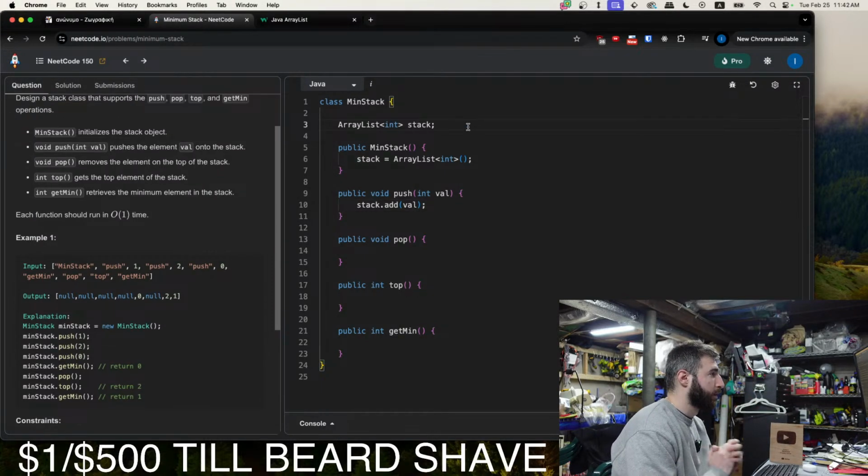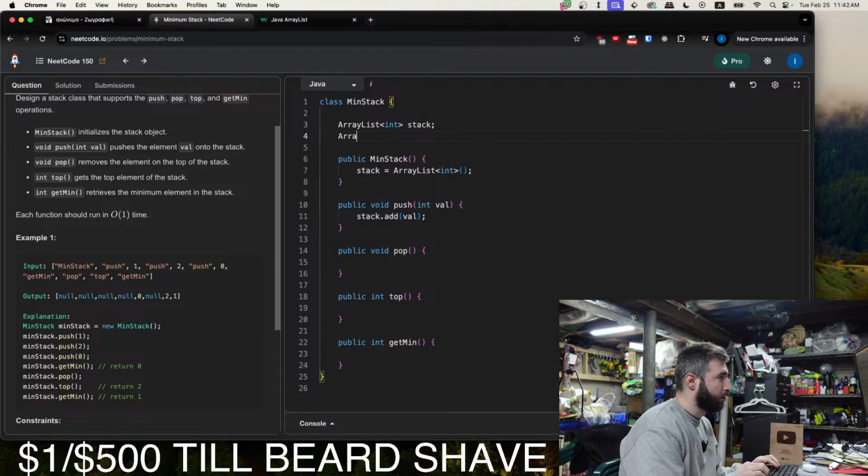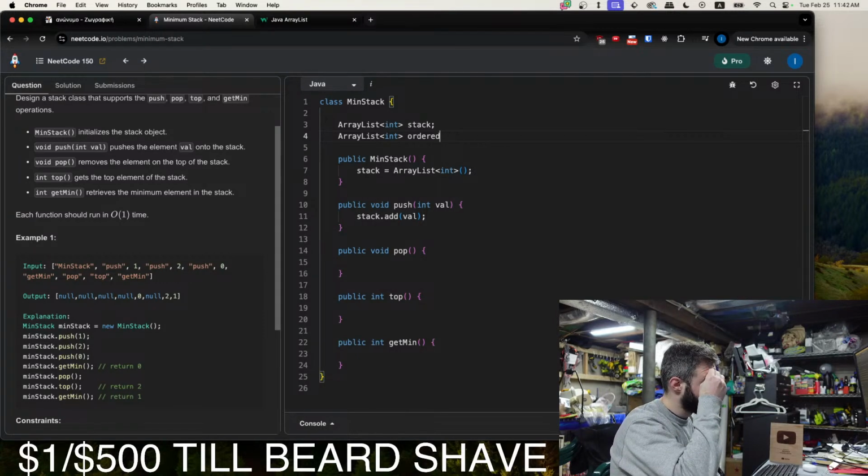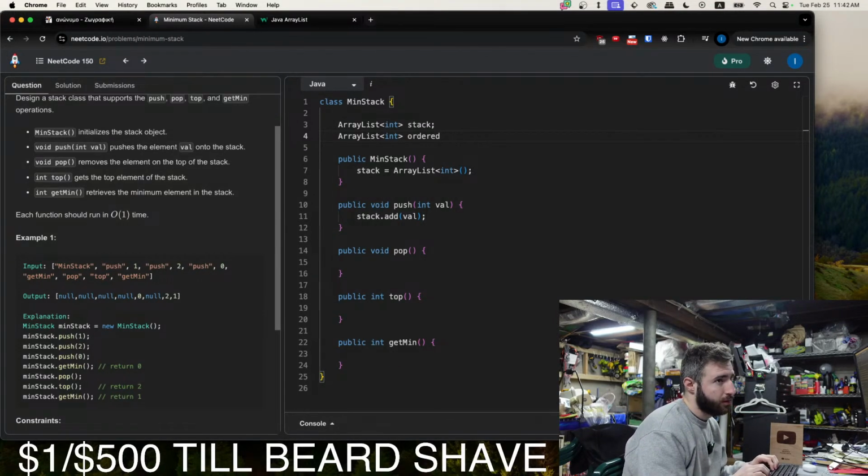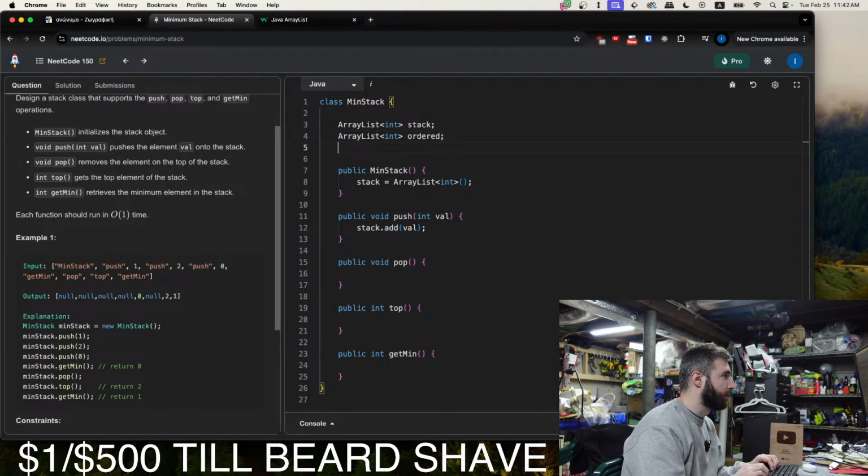So we'll also need an ordered ArrayList of int, because when we pop the minimum element, we want to set the new minimum element to the next element in the ordered array. And we'll also need int min.